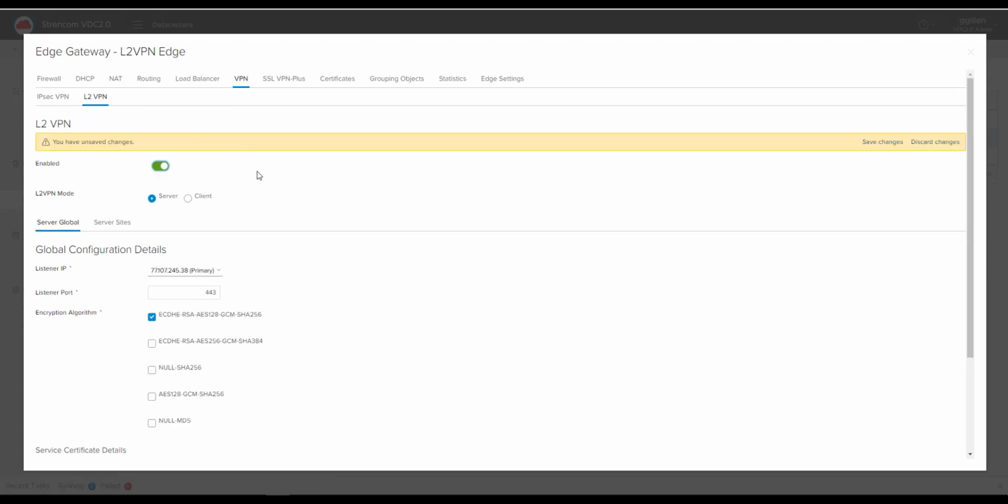Click the Enabled radio button. Leave the L2VPN mode as server. The listener IP should be the VDC public facing IP address. The listener port is 443, and then select your encryption algorithm. I'm going to go with the default. Click Server Sites